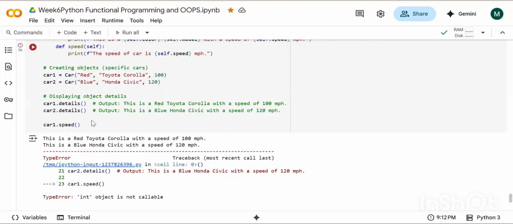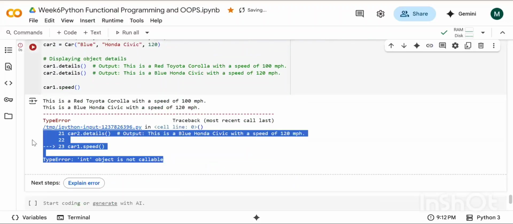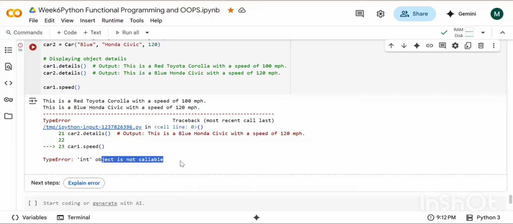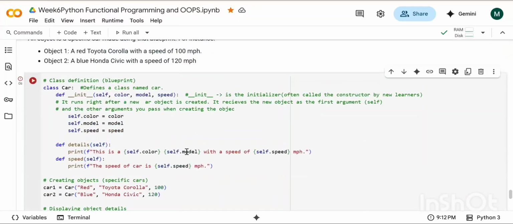What can you guys see? Int object is not callable. Int object is not callable right now. So what is happening? Why is int not callable? Can anyone over here answer? Ma'am, probably that def speed is the problem there. Anyone else?